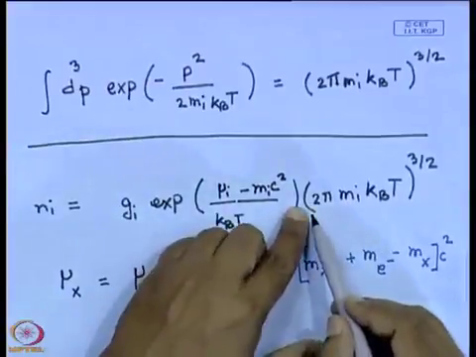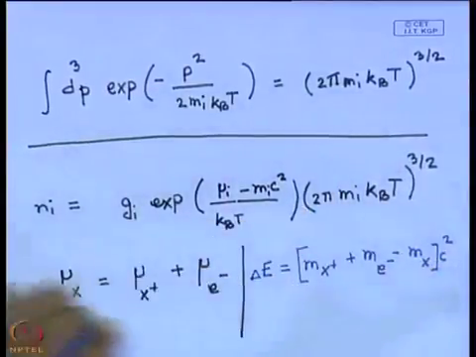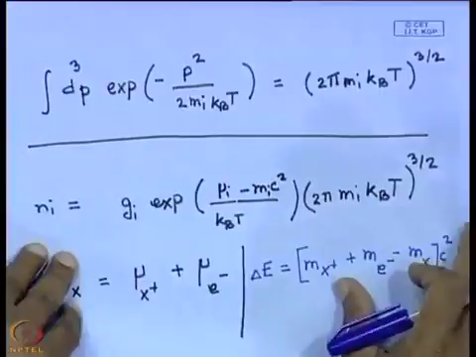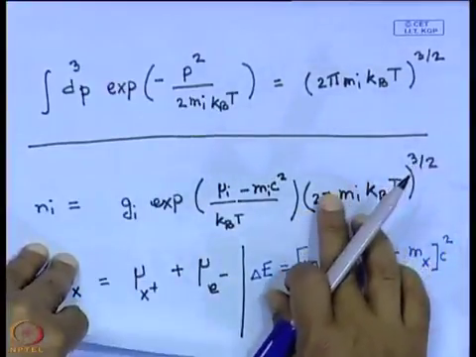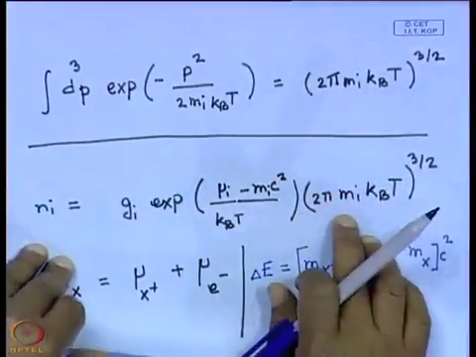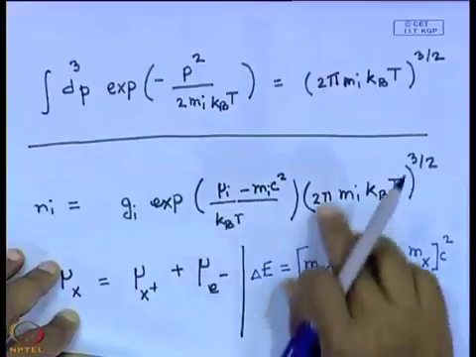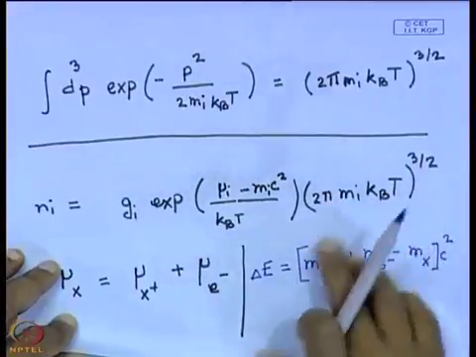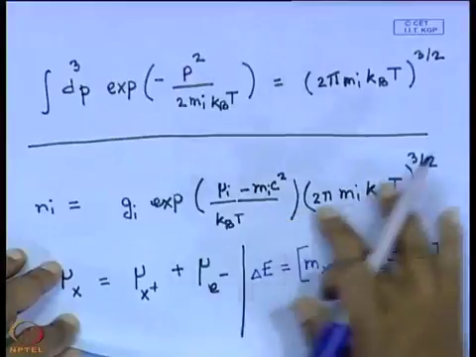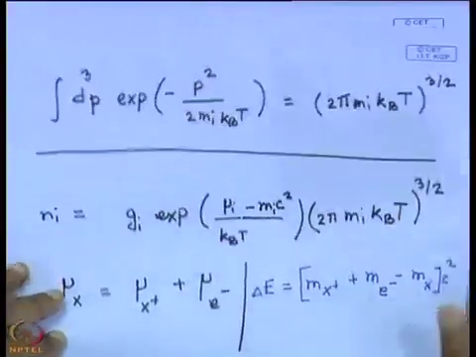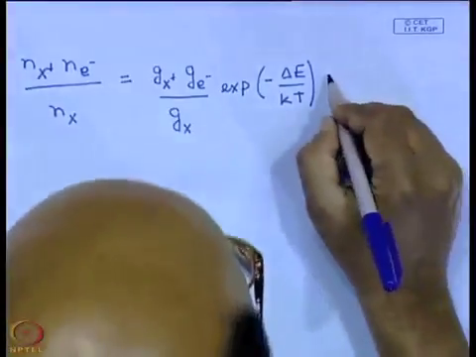And we have a ratio of this number for the product of the ion and the electron divided by that for the neutral atom. The ion and the neutral atom, the masses are approximately the same. So, in the ratio it cancels out, and what we are left with is